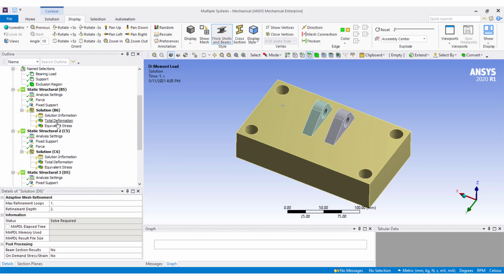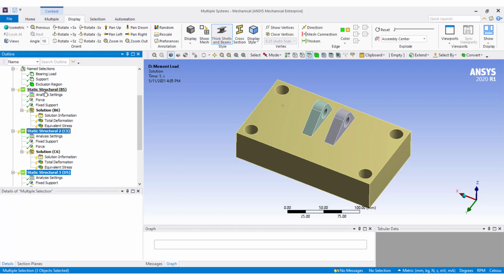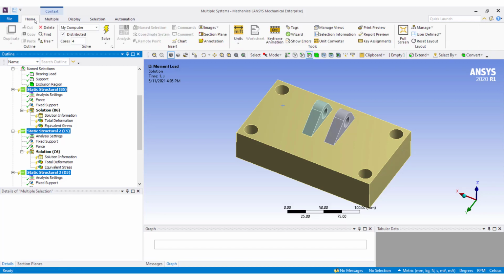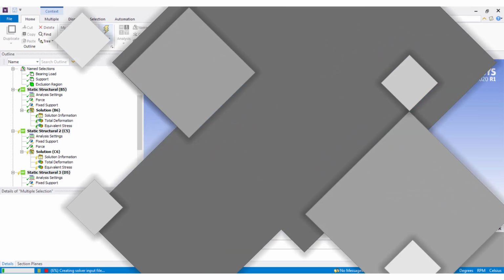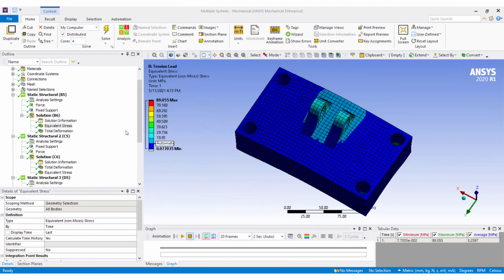Select all the static structural systems first and then click the Solve button. Now you can examine the results.